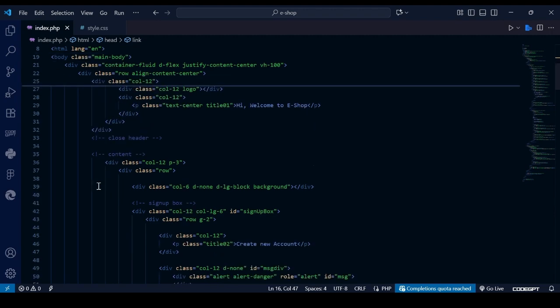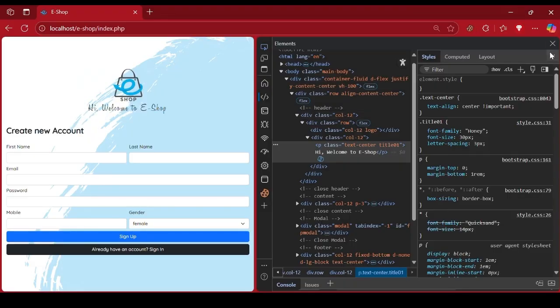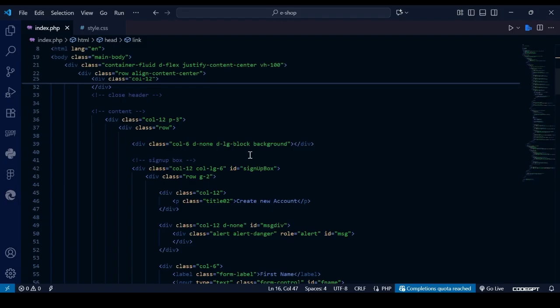And then we have the content. This is a content. This is the content. And the code to design this content is this. Starting from this tag,